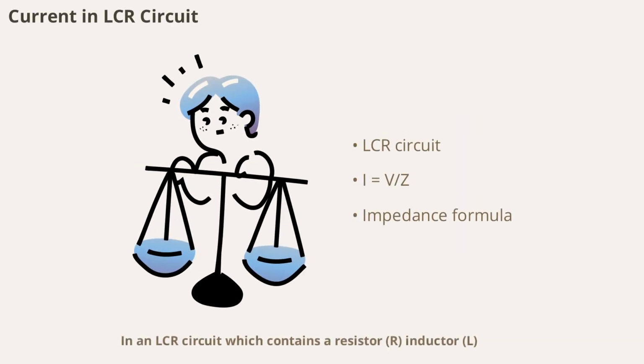In an LCR circuit, which contains a resistor, inductor L, and capacitor C in series, the current is determined by the combined effects of resistance, inductive reactance, and capacitive reactance. The expression for current is I equals V/Z, where Z is the impedance given by Z equals sqrt(R^2 plus (XL minus XC)^2). Here, XL is the inductive reactance and XC is the capacitive reactance. This formula helps us analyze how the circuit responds to different frequencies and how the current varies with changes in